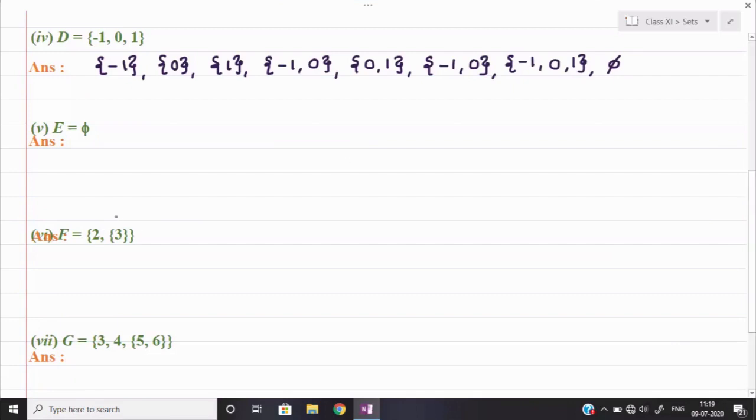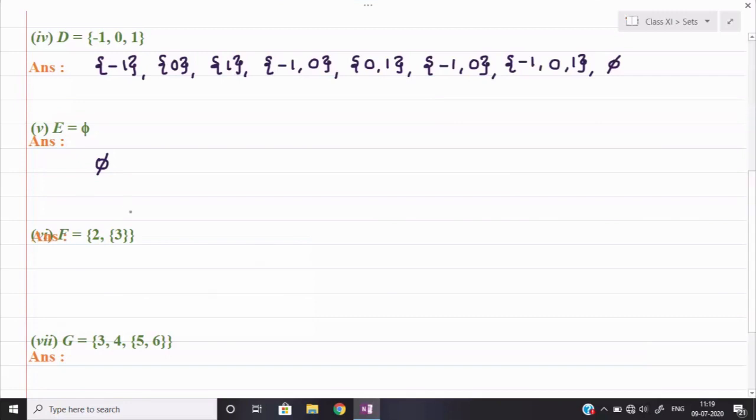Here we'll try to generate all the sets. Now see, in part number 5 we have given only {5}. So here our answer can be only {5} because {5} is a subset of itself. Every set is a subset of itself. So therefore, since only {5} is given, we can write down, with the help of the property that every set is a subset of itself, that there is only one subset over here, that is {5}.